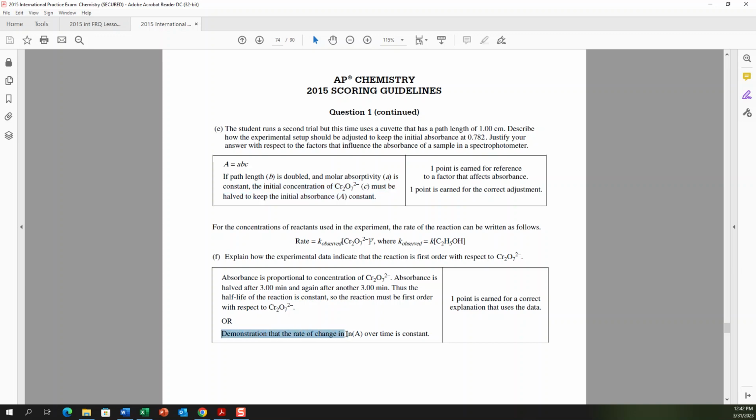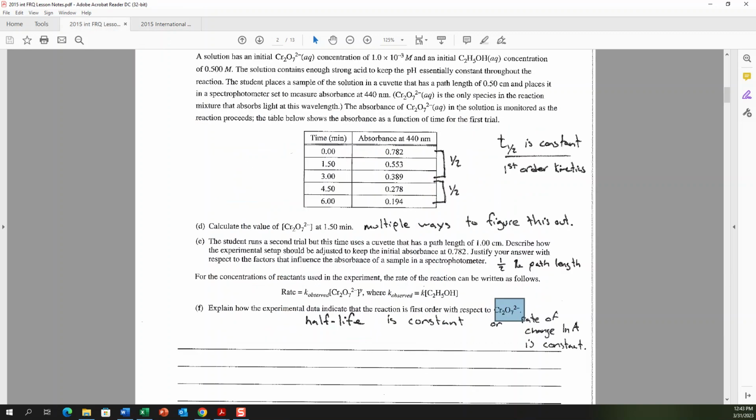You could also graph the natural log of the concentration of chromate, or the natural log of the absorbance of chromate versus time, and show that it's linear, but I feel like that would take too long. So again, that's why the half-life,